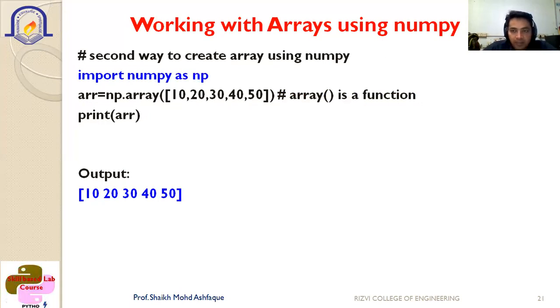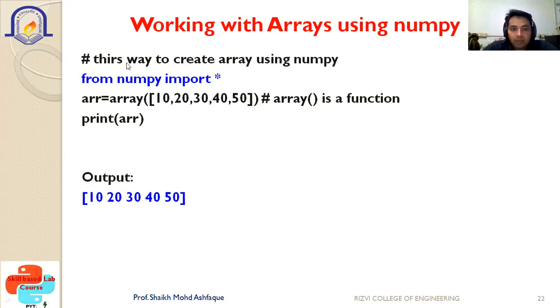Next is import numpy as np. Here, instead of using numpy, we are now using np. The alias can be decided by the user: arr, np, n1, etc. So we write arr equal to np dot array, then 10, 20, 30, 40, and 50, and then print the data, using only the reference np. That's it, and you can see the output printed here.